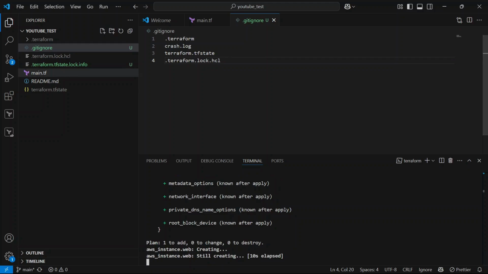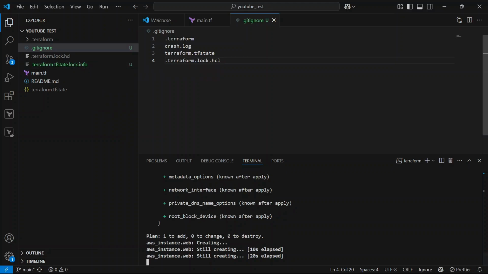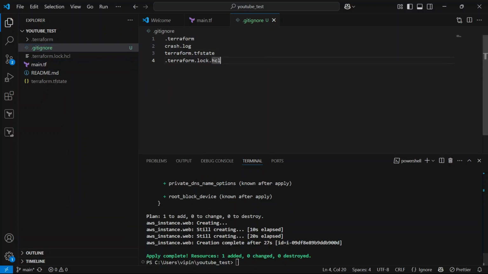The .terraform.lock.hcl will also not be committed to GitHub, and we have to add that as well. Let's rename this, copy this one and use this as well.